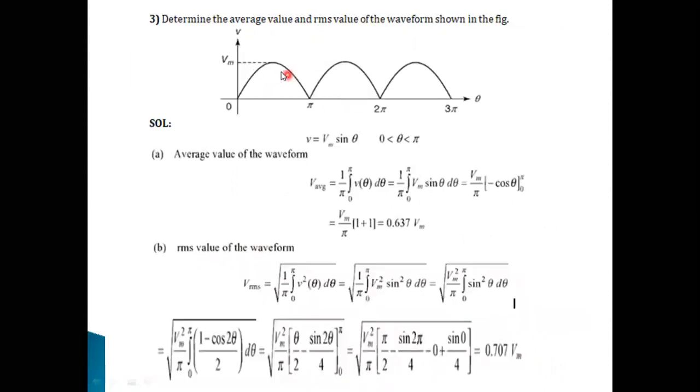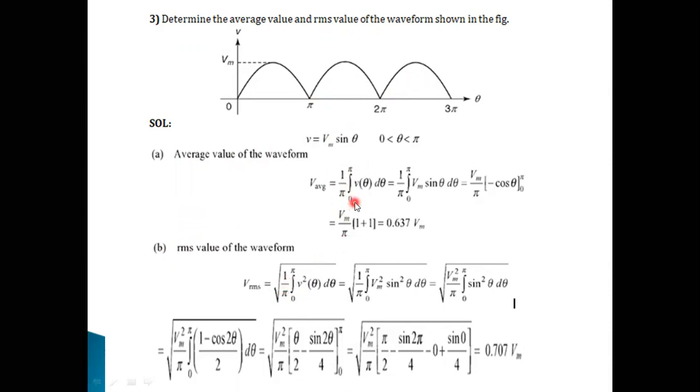Yeah. Observe this particular one. Determine the average and RMS values of a waveform. And this previous waveform is somewhat different. In this one, the cycle is repeating the same thing, pi, pi, pi. The duration of this one regular interval is only pi. That's why, while calculating average values, just consider the time period only half. Why? Because it is repeating. For the calculation of average or RMS, consider the time period here is only pi.